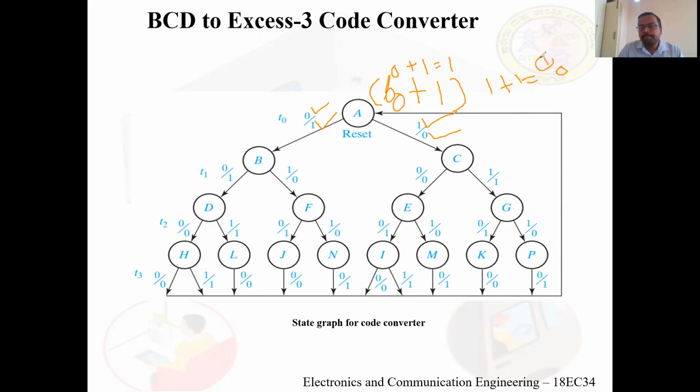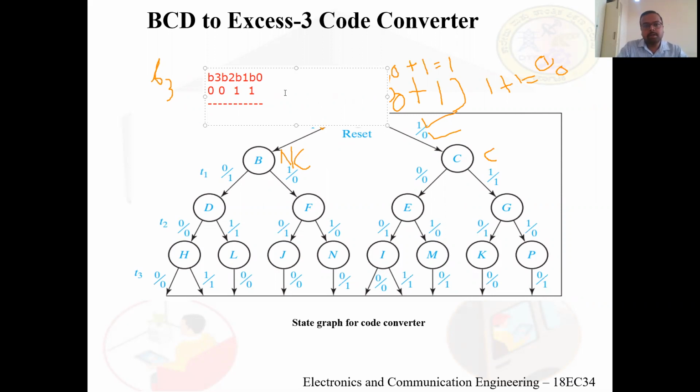If V0 is 1, then 1 plus 1 is equal to 0. The carry will be 1 here. So here there is no carry generated, and here there is a carry generated. Because as I say here, we have V3. So here we add 0, 0, 1. So what we get now depends on the value of B0. If it is 0, the output will be 1. If the input is 1, the output will be 0 here. Right?